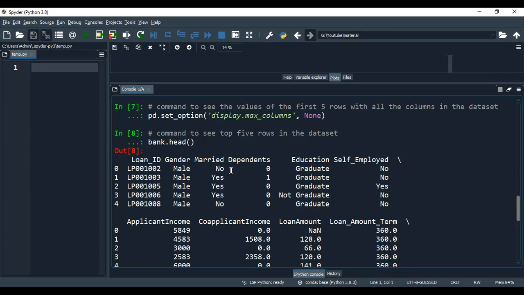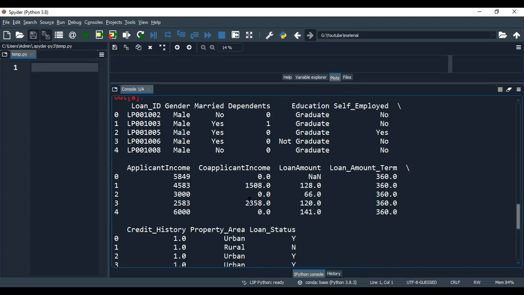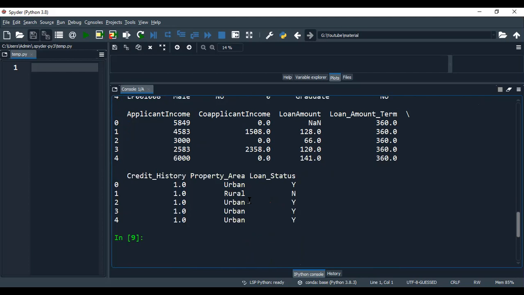In order to avoid that problem, I have set the option earlier, display max columns None. After that, whatever operation I do here, like head or tail, to display the first 5 rows and last 5 rows, you can see all the columns at a stretch. So that is the benefit of it.